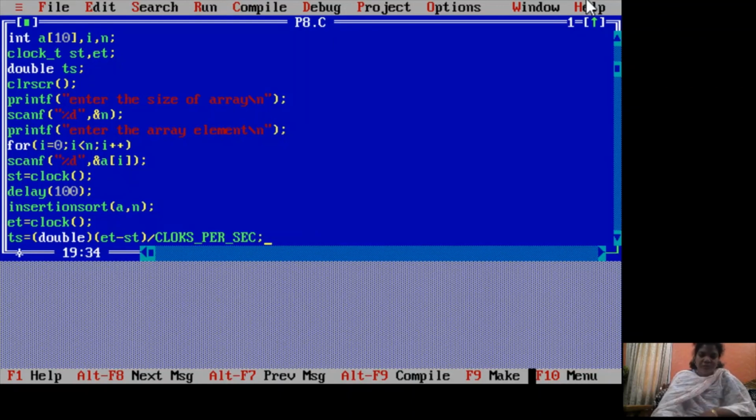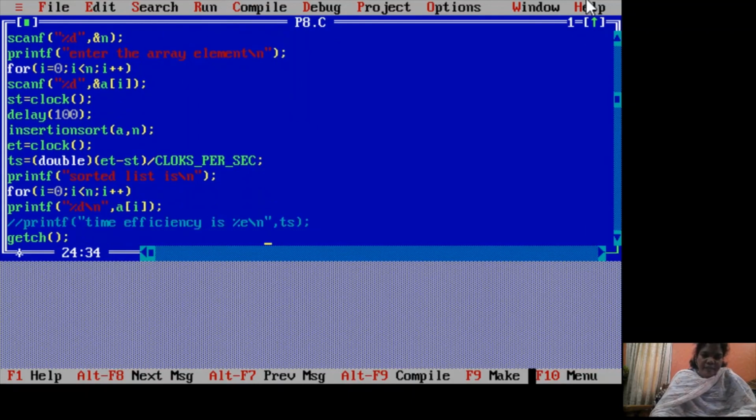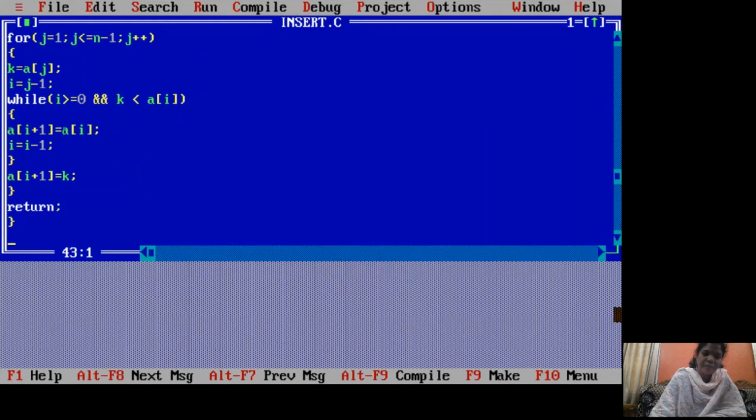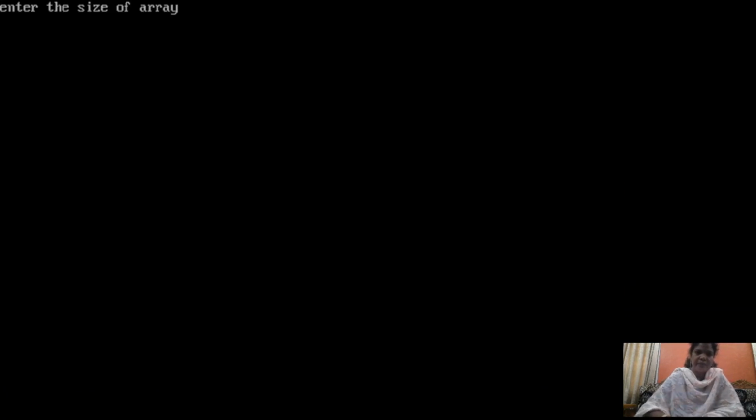So this is going to show you the time taken. And here I have written a printf statement for displaying the time efficiency. Now once again save the program, compile the program and run the program.